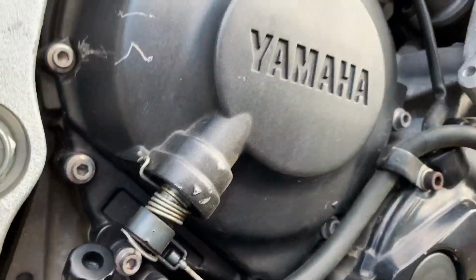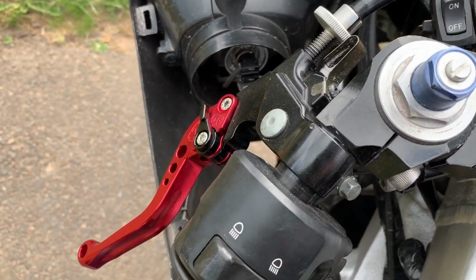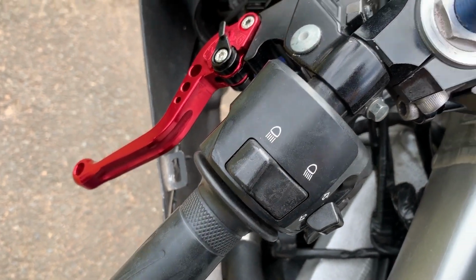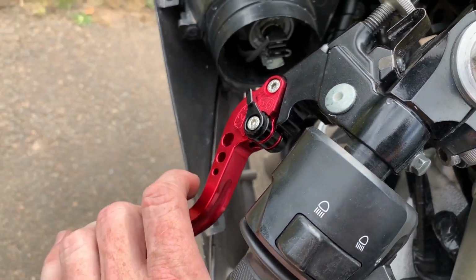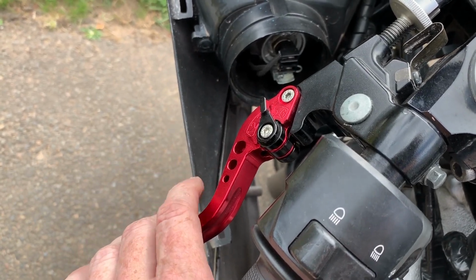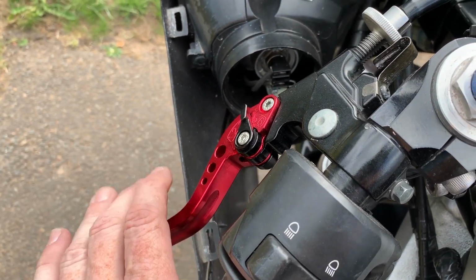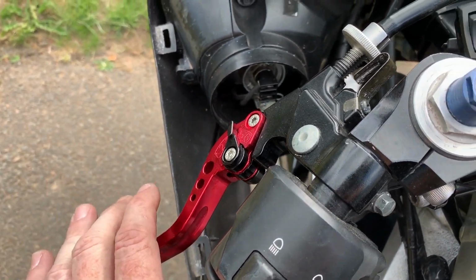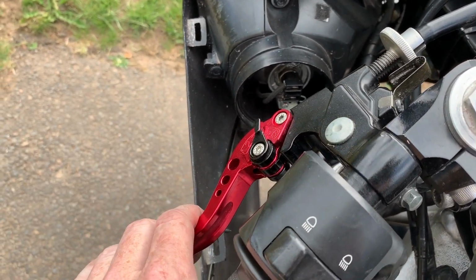Go from there. So the reason I'm replacing my clutch is because ever since I got this bike, the clutch didn't feel right. The lever is adjusted to perfection, and the cable is adjusted properly. There's a little bit of play right here. The cable's lubed, the slack adjustment, everything's good on that. The problem with this clutch is